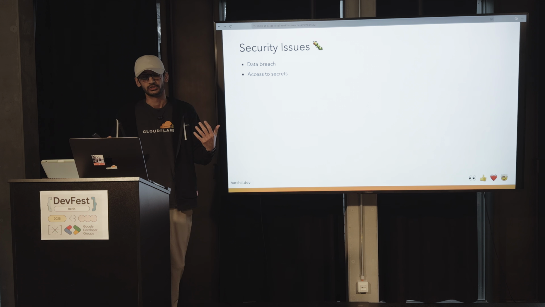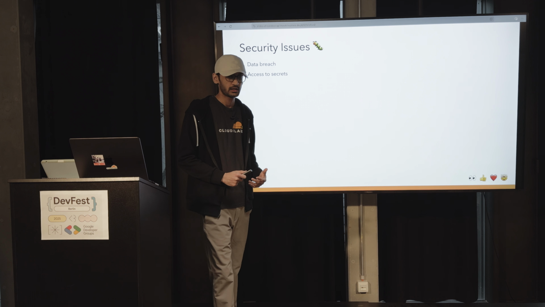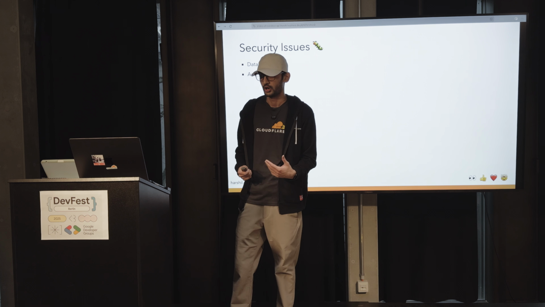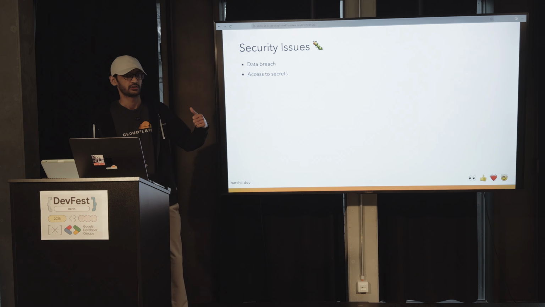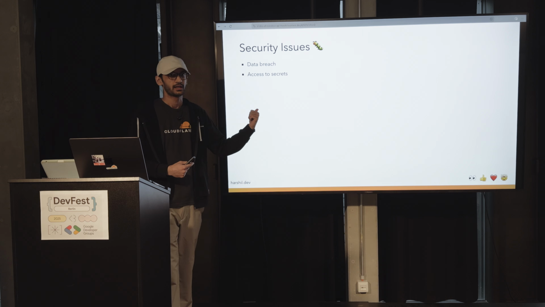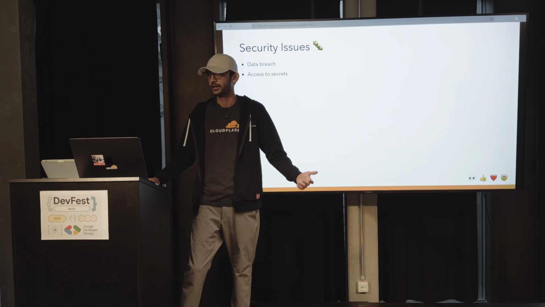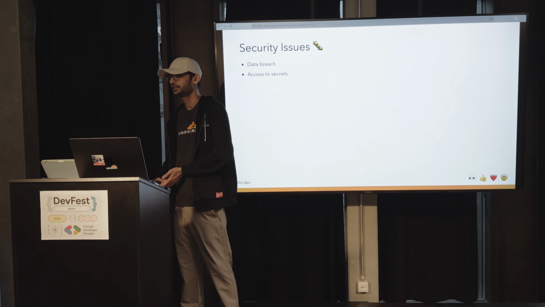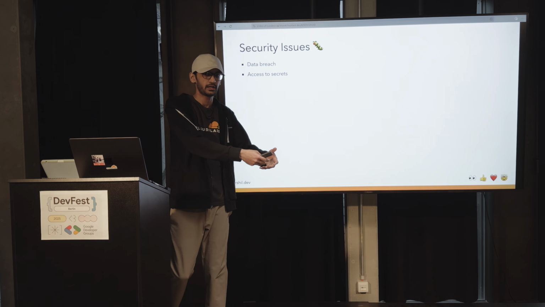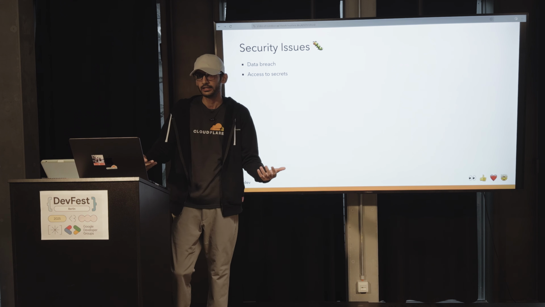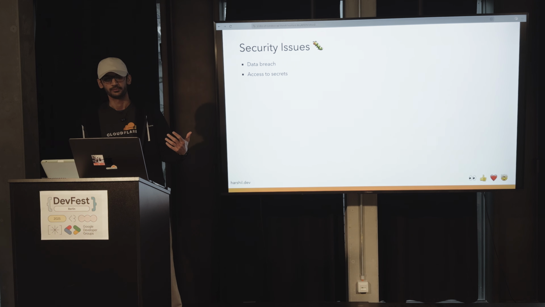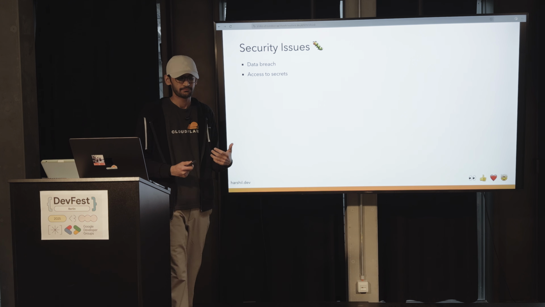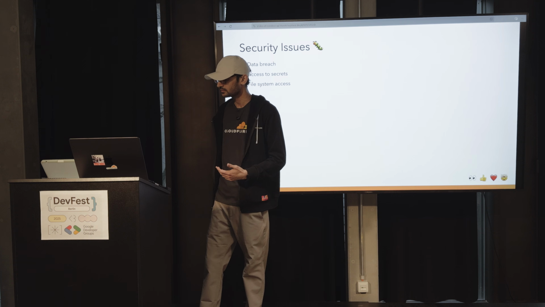The other thing I have seen a lot of people not really understand is securing their secrets or their tokens or API keys. AI does not really know how to do it. It would put the API keys into the front end or into the client side, which anyone can easily get a hold of and then use in their own application. So that is another thing that people don't really understand.